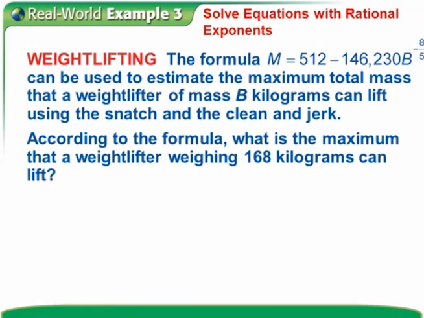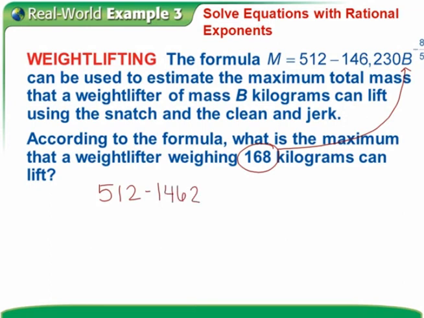Okay, so our next example is a weightlifting example. They give us a formula, and it can be used to estimate the maximum total mass that a weightlifter of mass B in kilograms can lift using the snatch and the clean and jerk. So according to this formula, we're doing it for 168 kilograms, which is how much the person weighs. We can just plug that in for B,